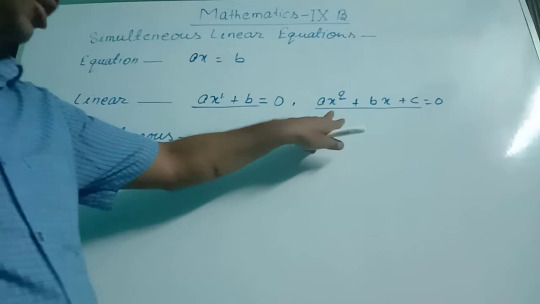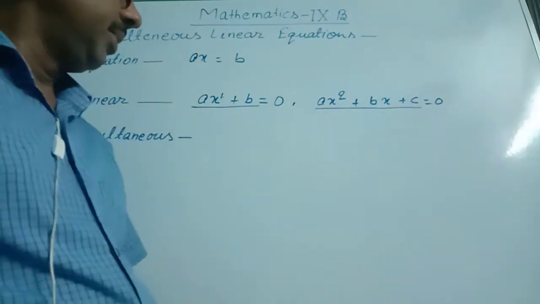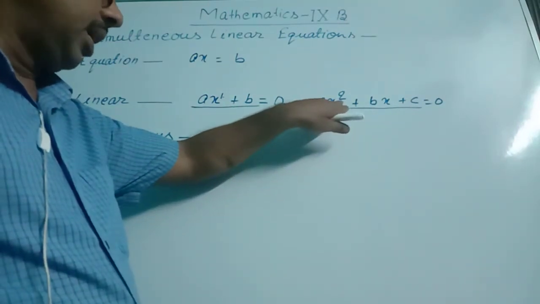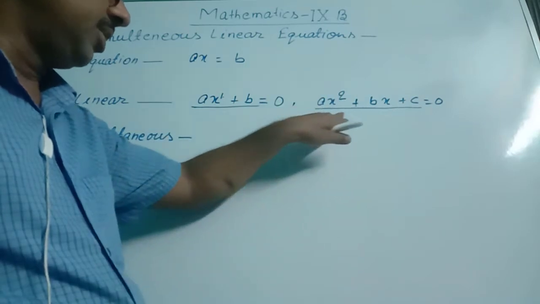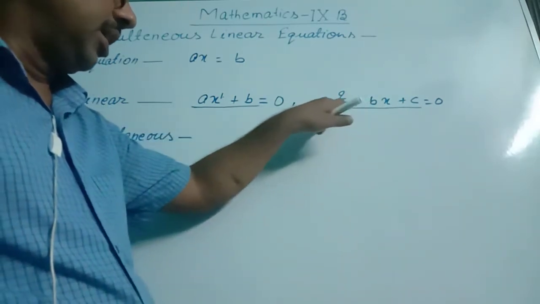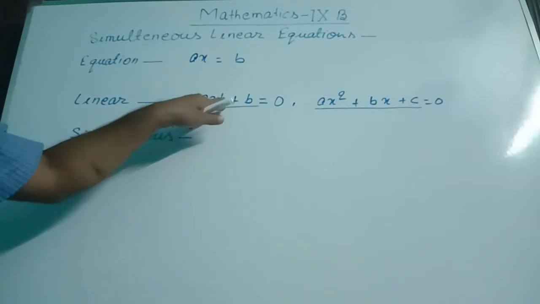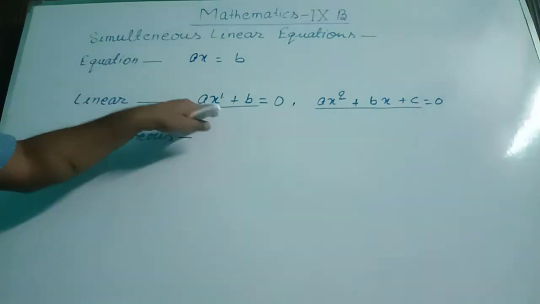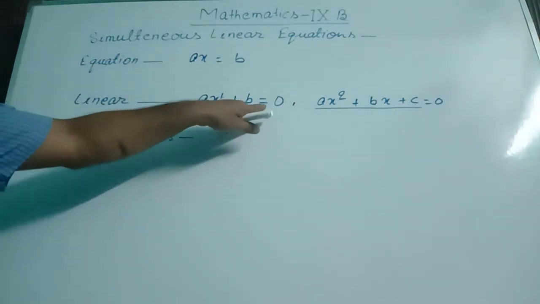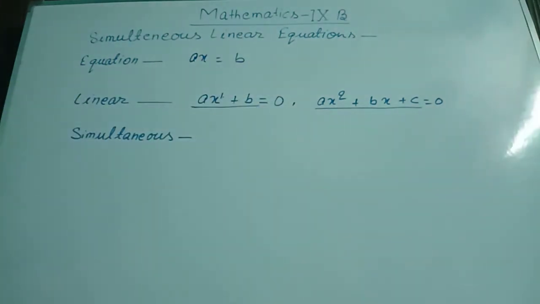Here we will say this algebraic expression is a quadratic equation, because the power is given 2; for this power we name this type of equations quadratic equation. But here the power of the variable is 1, so we say this is the linear equation. Equation why? Because the symbol of equal to is coming, and after equal to we are getting a constant term. And now the third word is simultaneous.